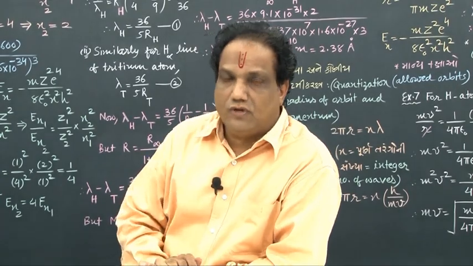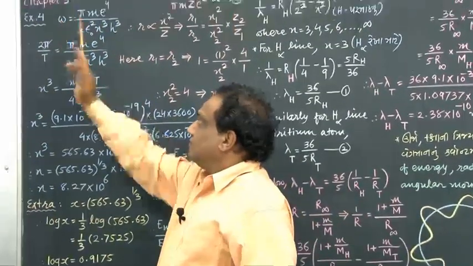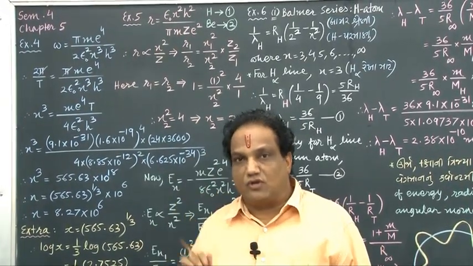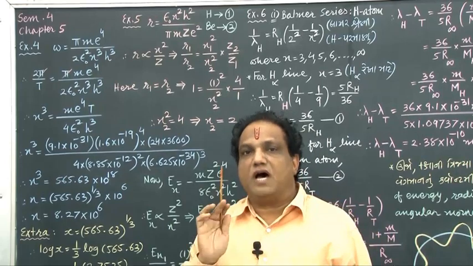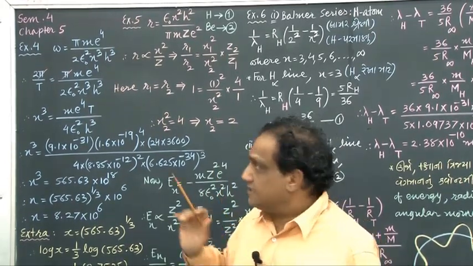Angular speed of electron revolving in nth circular orbit of hydrogen atom is given to us in the statement as